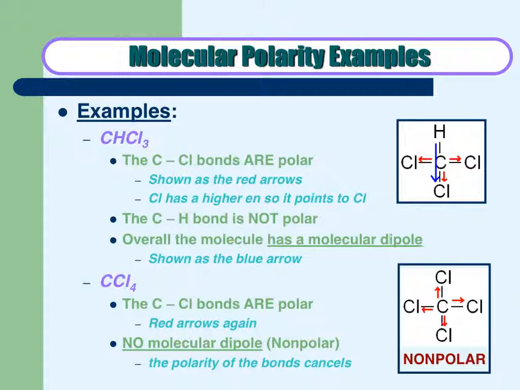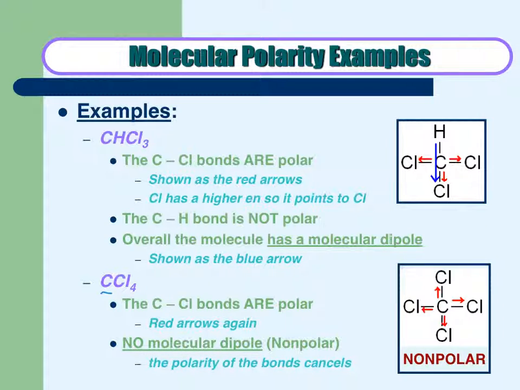So looking at a few examples here, we have a molecule with carbon, hydrogen, and chlorine, and then one with just carbon and chlorine. Carbon's going to be the center atom. There's only one of it, and it tends to take the center. Again, little things to watch for. We know that hydrogen is always terminal, and my chlorines, only being able to make one bond each, are also going to end up being terminal in this instance. So what I need to do is take a look at their individual electronegativity values, where